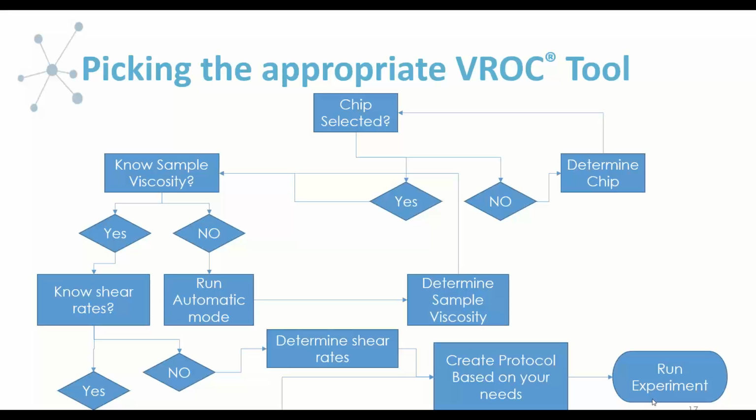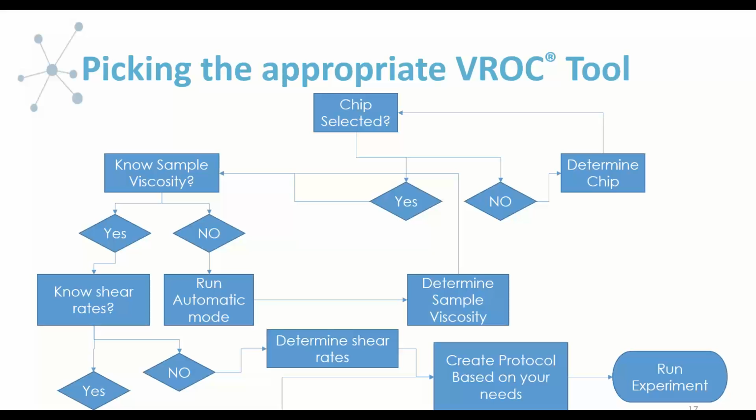And that's kind of the general flow that we recommend. Pick a chip, make an accurate or an educated guess on the viscosity if you don't know it, run it on automatic mode to make sure that it can be run on that specific chip under those settings. And then once you have that viscosity at that one point known, you can then build a rate sweep based on that, or a temperature sweep based on that, and decide which chips you would like to use. And so with that, I'll transfer over